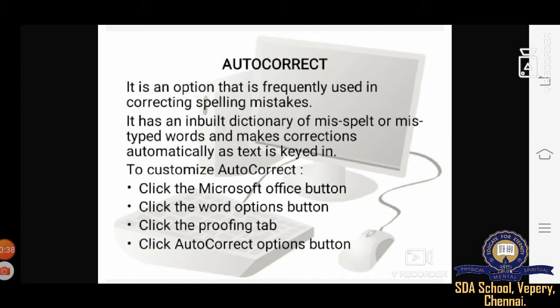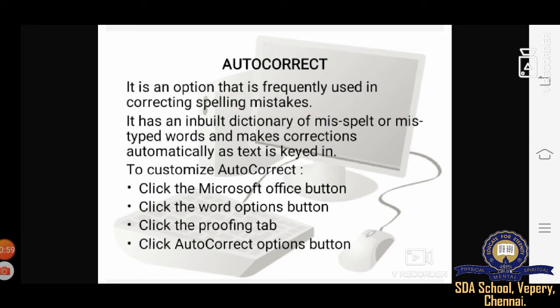To customize AutoCorrect, first click the Microsoft Office button, second click the Word Options button, third click the Proofing tab, and the last one, click the AutoCorrect Options button.